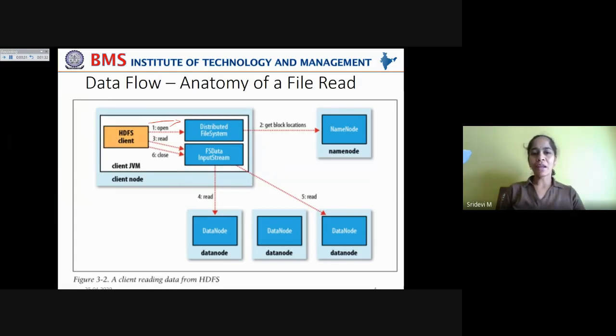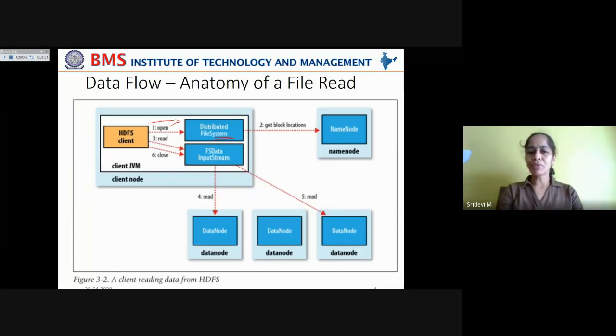So when the HDFS client wants to read a file from the HDFS cluster, it calls an open method, which will be called through the distributed file system class's object.